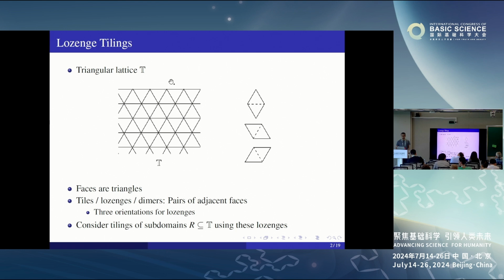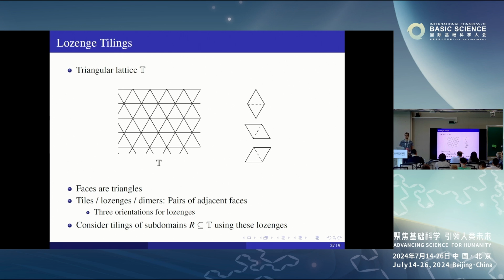We'll often use the term tile, lozenge, or dimer. These three words mean the same thing, so I'll often use them interchangeably. They're simply a pair of adjacent faces, so a pair of adjacent equilateral triangles. You can quickly convince yourself that there are three possible orientations for these tiles: a vertically pointing one and two horizontally pointing ones. And what we'll do is consider tilings of subdomains of the triangular lattice using these three different